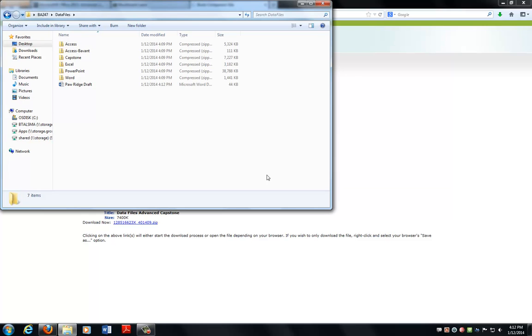So that's an example of what we're working with, and making sure that you download all the files you're going to need, and you'll have them for the rest of the semester. Just remember to unzip what you need for each